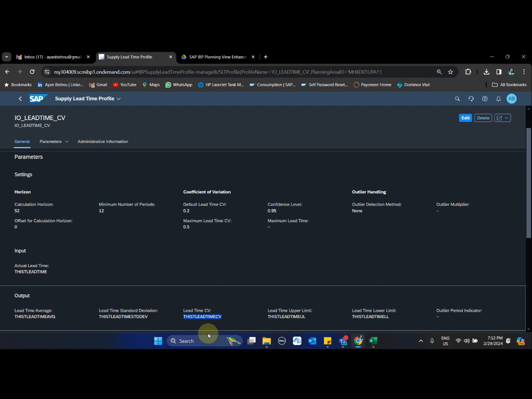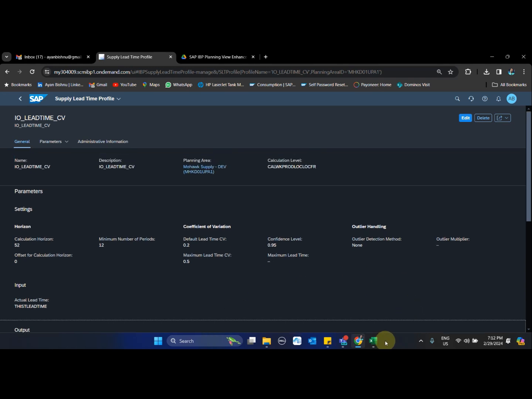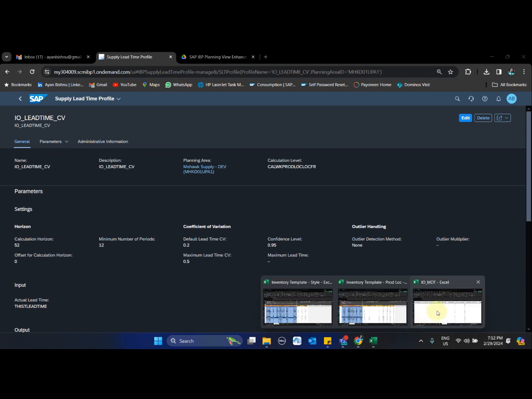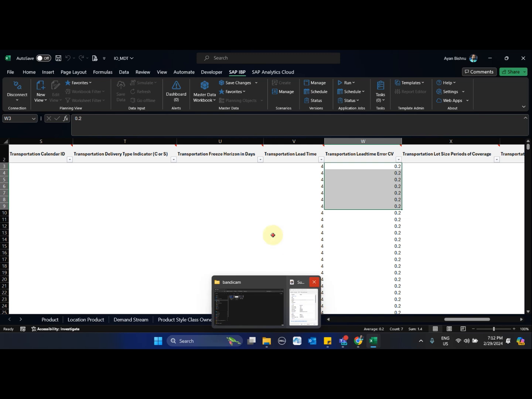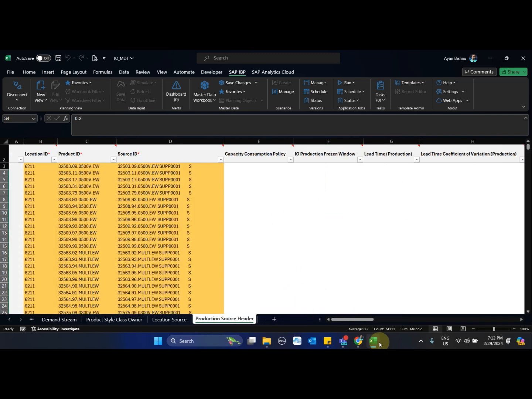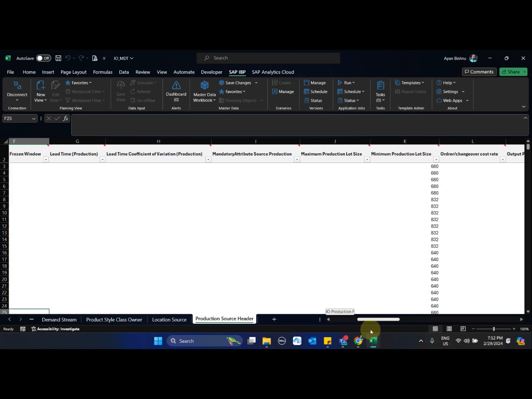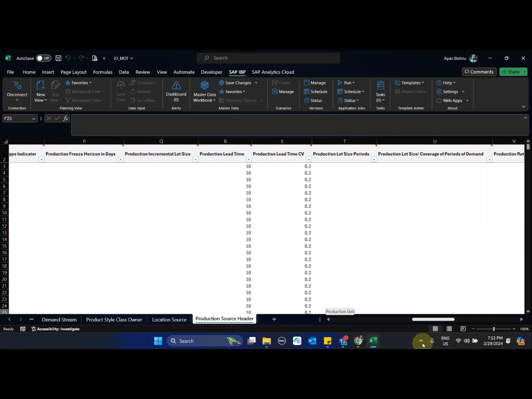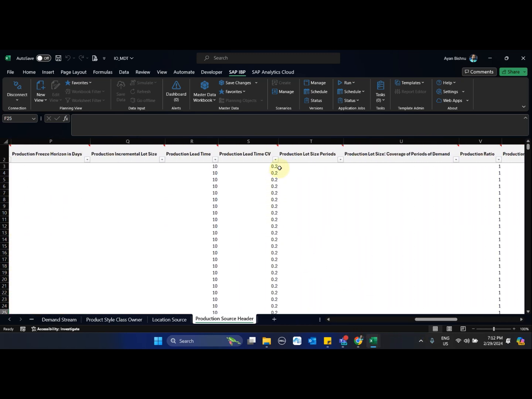Since I have done that before, in this case if you come and look into the production source header, you will see that for the production source header against the lead time, the 0.02 has been updated. Because there is no data coming from the source system, the default value is being picked up.